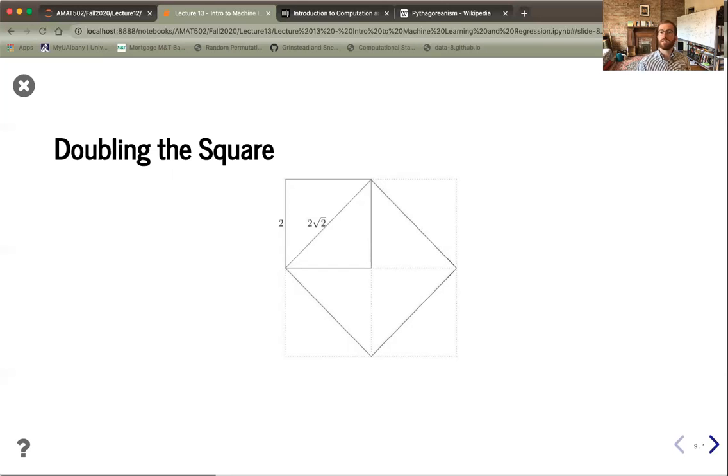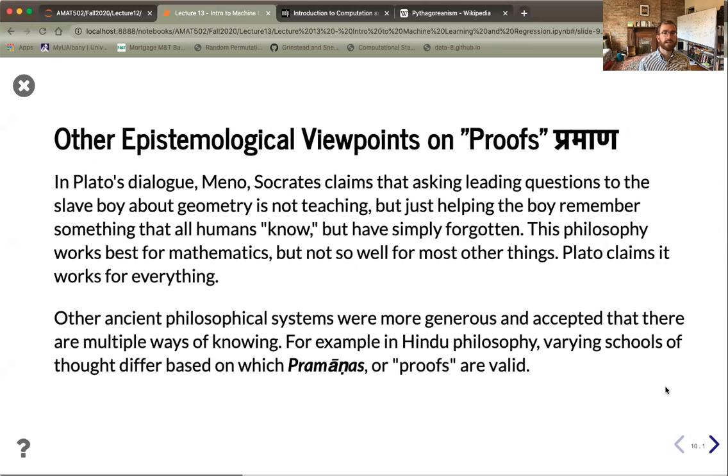And if you read carefully the dialogue of Meno, Socrates claims, look, the slave boy knew nothing about geometry, but just by putting him in the right direction, he was able to remember something about a very abstract area of math. And so this idea that the slave boy is just waking up and remembering this fact is what leads Socrates to conclude that a priori, which means before experience, knowledge is truly possible. And then in its most extreme viewpoint, that's the only way that we actually acquire knowledge.